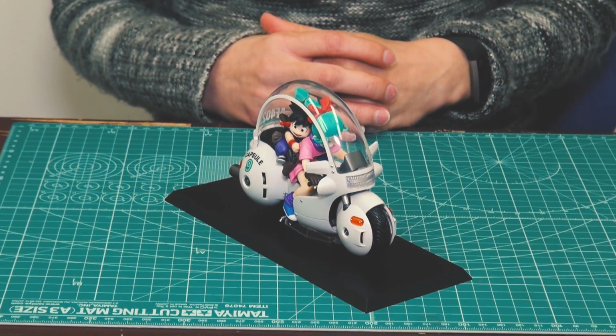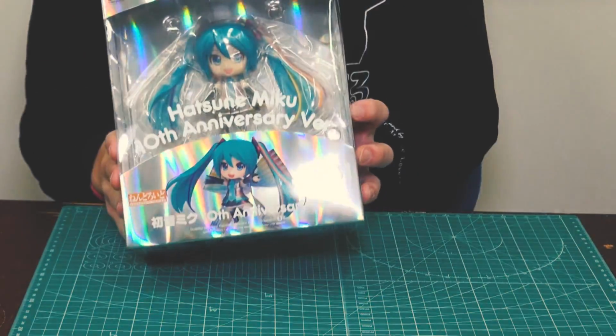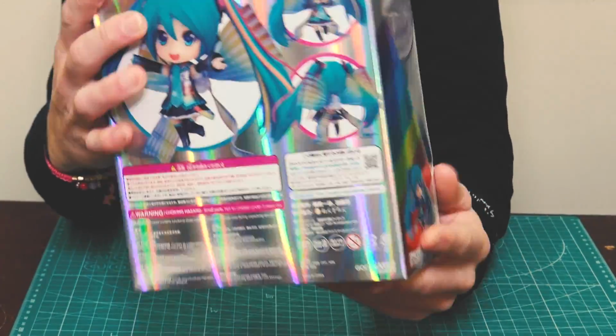All right. I think that'll do. Okay, and here we have it. The 10th anniversary version of Hatsune Miku. And look at this box. I've had it on my desk for about a week now, and